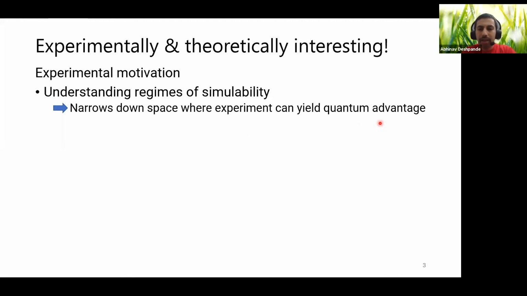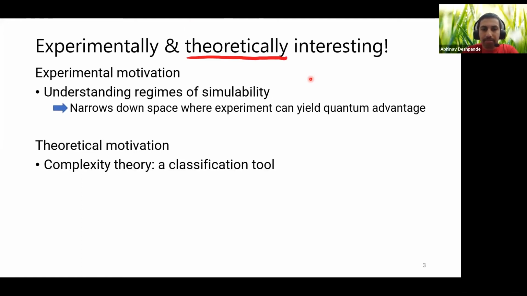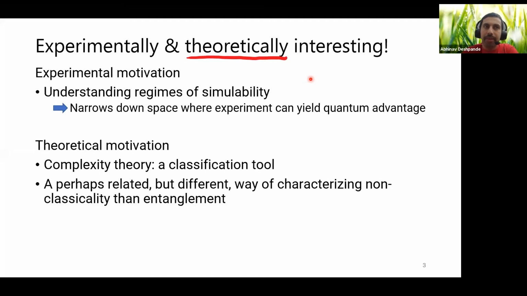In this talk, I would like to mainly argue that this is theoretically interesting as well. That's because complexity theory is inherently a classification tool that helps you classify problems into easy or hard for various classes. This notion of classification is a potentially different way of characterizing non-classicality than, say,